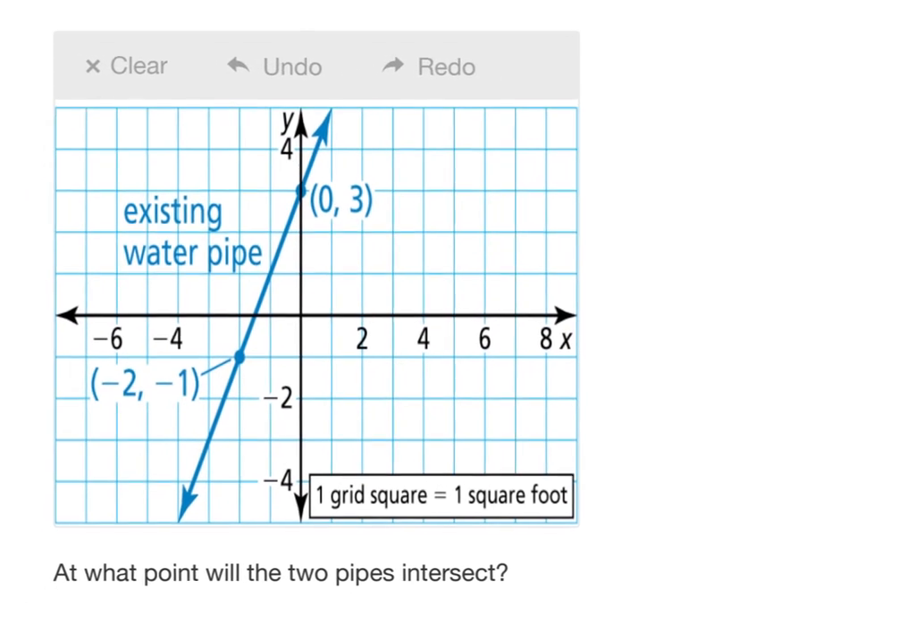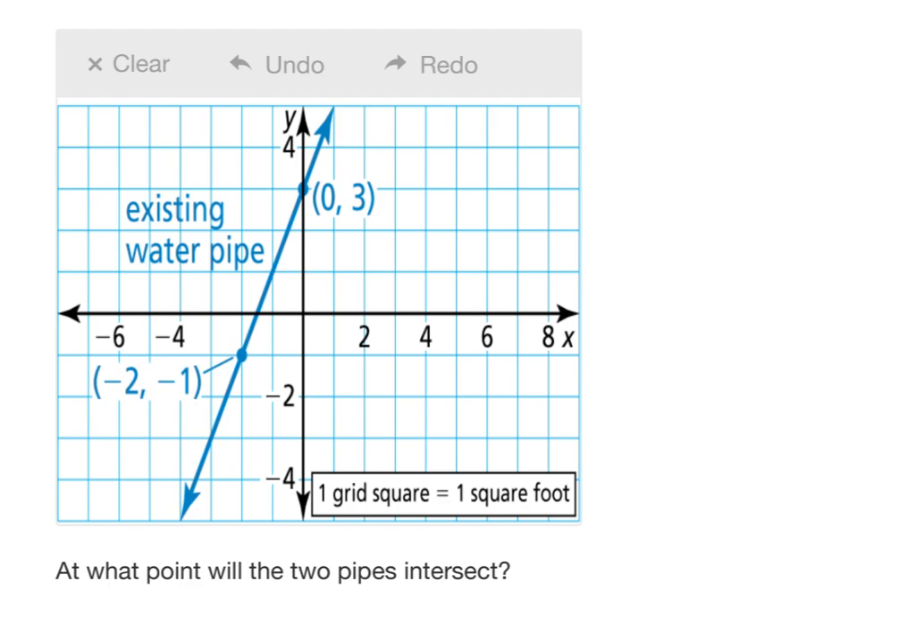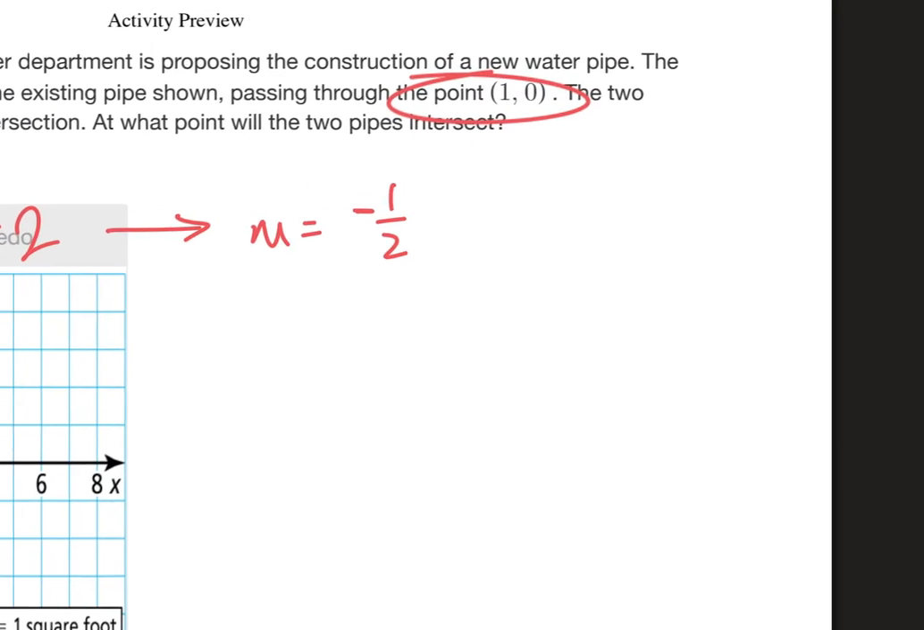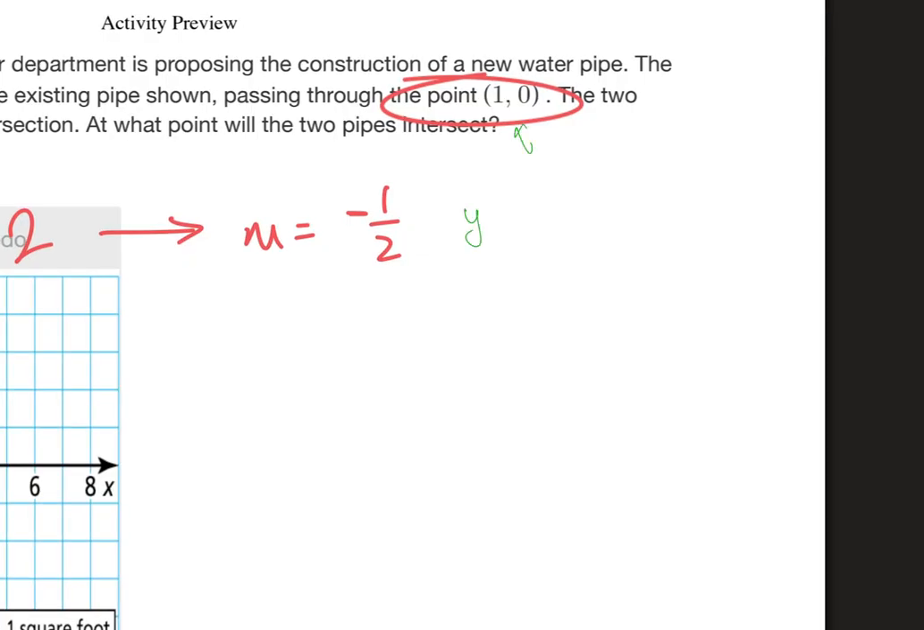The slope of this line, doing rise over run, we're going to rise up 1, 2, 3, 4, run 2. So the slope of this line, m, equals 2. So the new slope will be negative 1/2. And we want to go through this point. So y minus 0 equals negative 1/2 times x minus 1. y equals negative 1/2 x plus